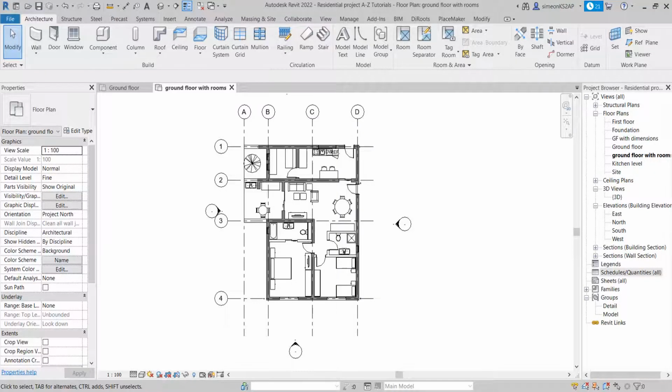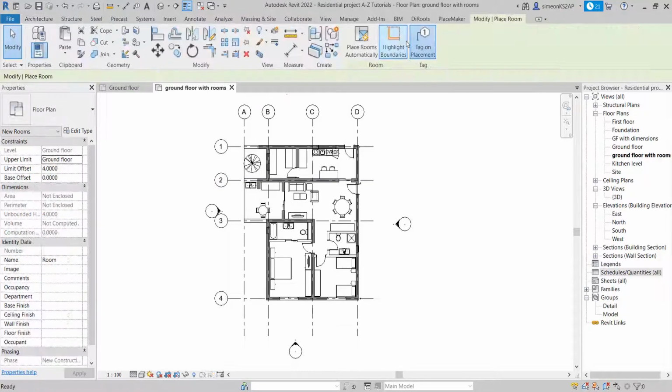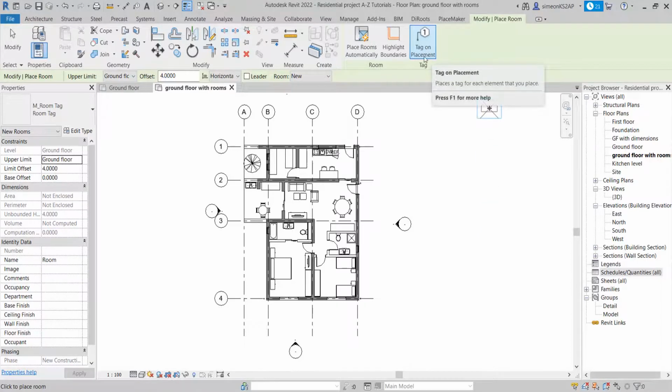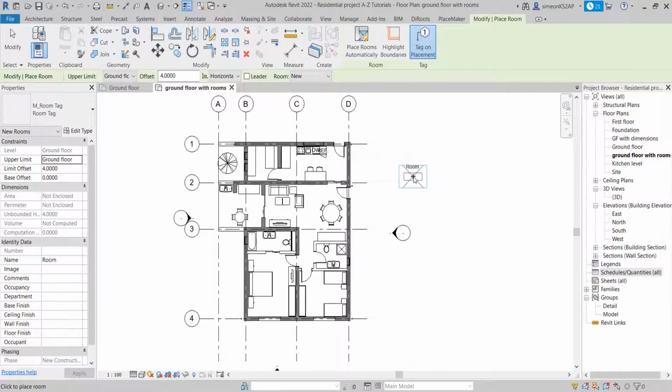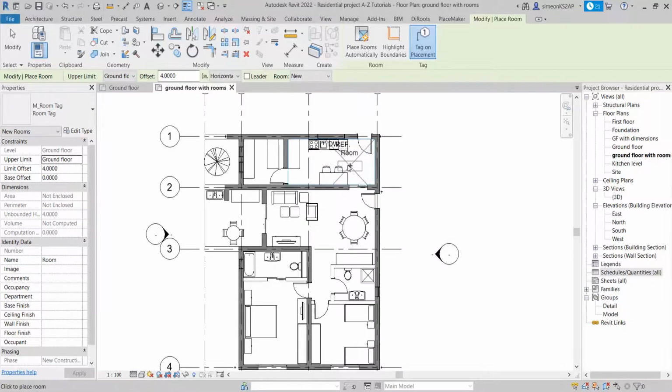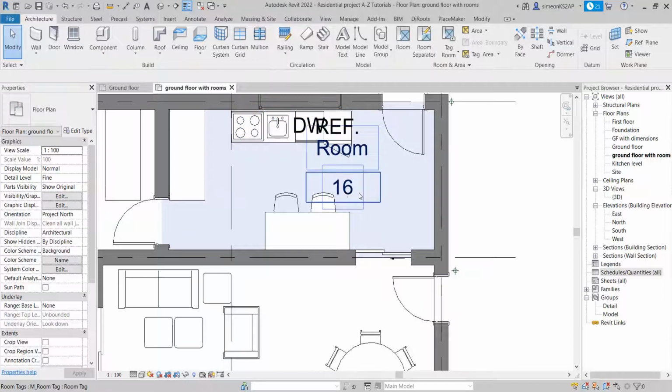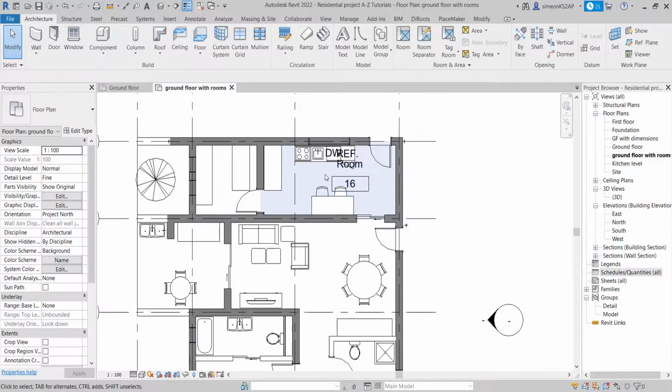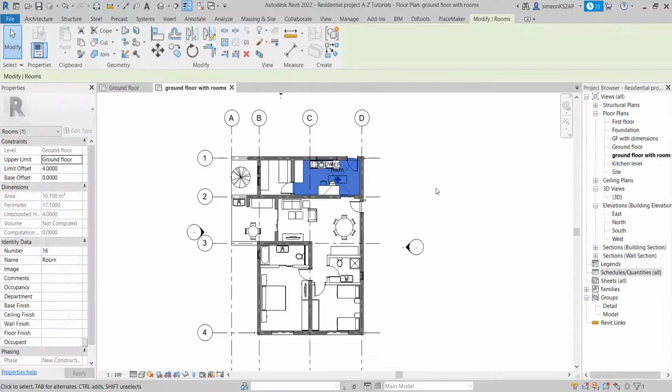Now let us look at the tag on placement option. When you click on the room, you will have three options, and one is tag on placement. When this one is highlighted, you can see we have the room, and we can have that small rectangle for the tag here, like the number. When you click maybe once, you see we have the room name and the number. Let us delete it for now,